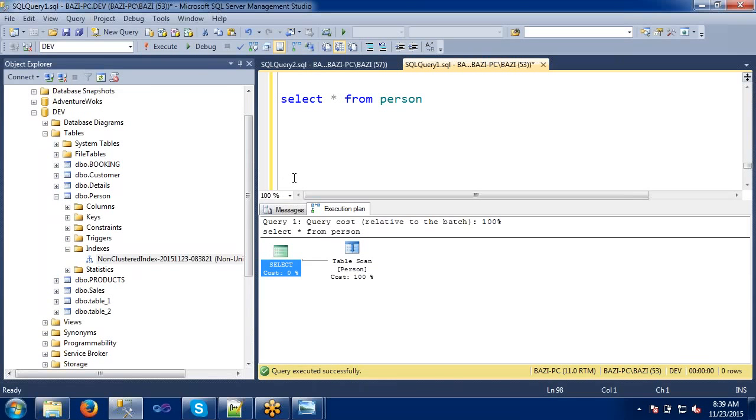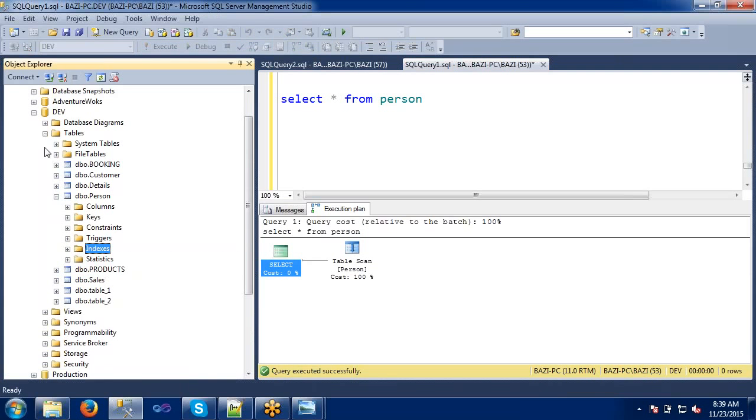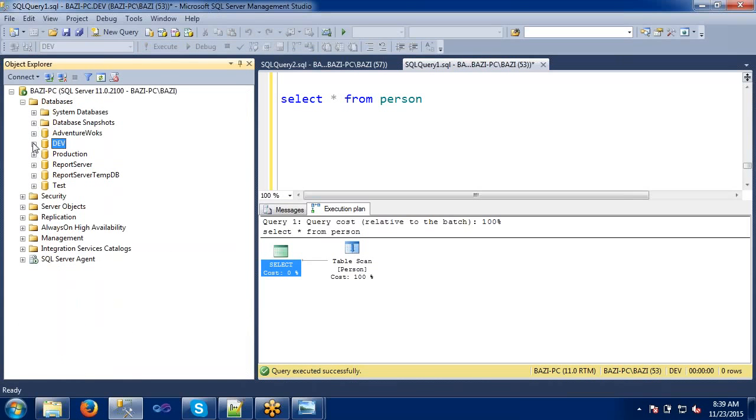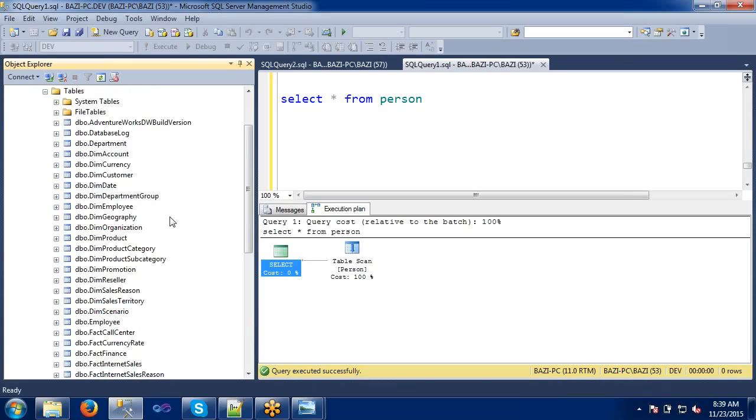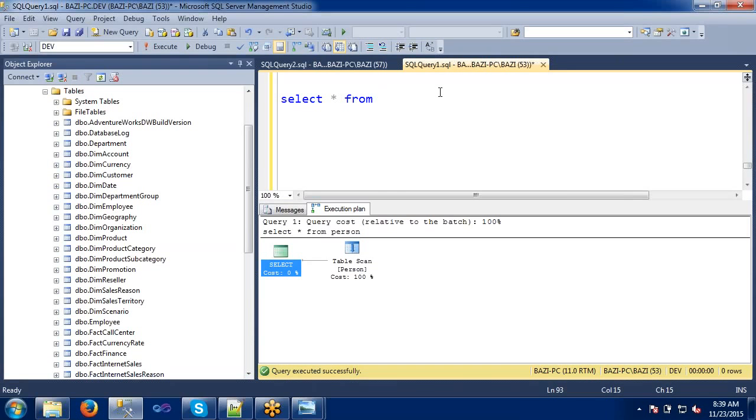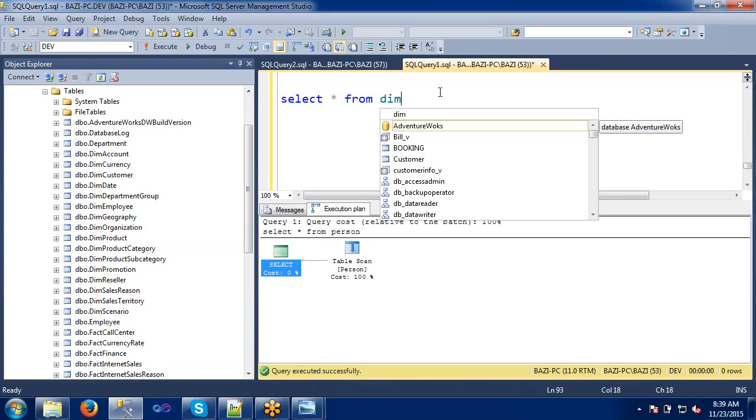Okay. Can we try on the Adventure database? Then maybe we'll understand. Yeah, sure. I hope we have some other tables where indexes are created, I guess. So let's take this one. Select star from dim customer.